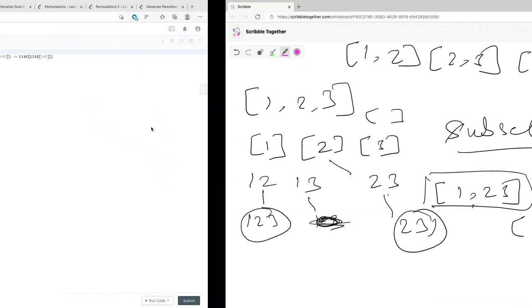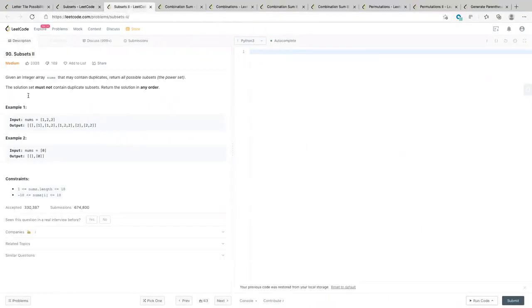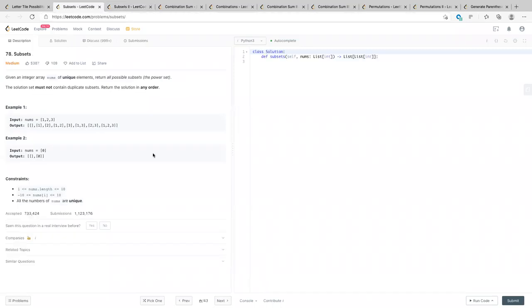Now let's see what the Subsets 2 problem is asking you. Okay, so it says given an array nums that may contain duplicates, return all possible subsets. You can show the code for Subset 1 if you have already some code. Just skim through it once. I mean, if you have, okay, no problem. Then you can go with that. I mean, flow. Right. I don't want to jump into the code so far.